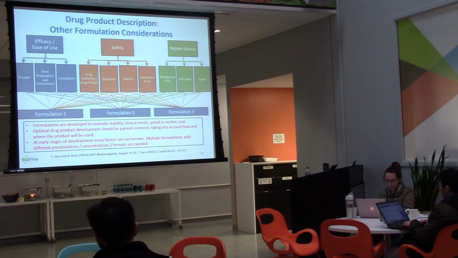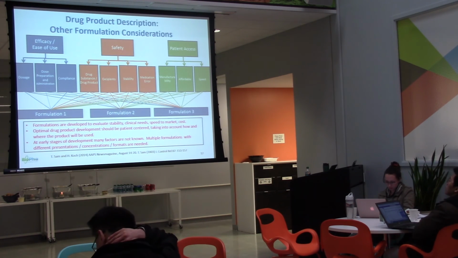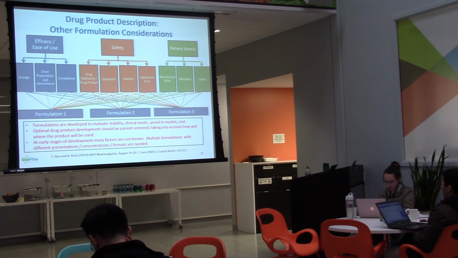So they're developed to evaluate a whole array of things, including the stability of the actual product, but what are the clinical needs? How are you going to deliver this? What's the cost of these formulations? You're making something that you want to be as gentle and easy for the patient as possible. So you're taking those sort of things into account. So you're going to develop multiple formulations that can be addressed across a variety of these properties, and pick the one that works best for you. And all of this information, or the final formulation, is going to end up in your CMC. Next slide.